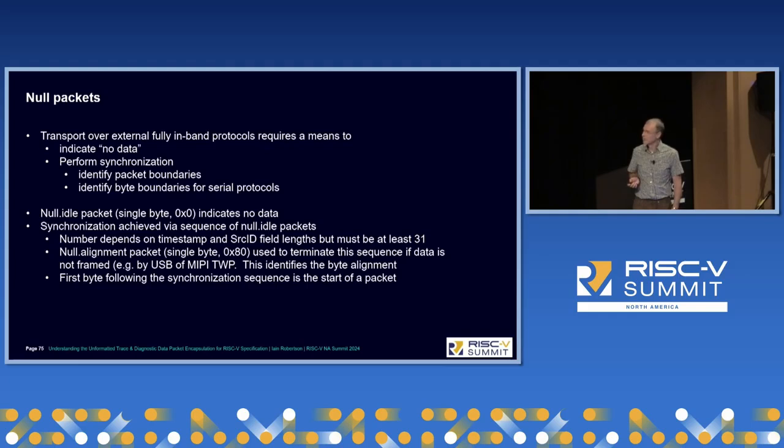And if it's a serial protocol where you don't know where the byte boundaries are, then there's also a null.alignment packet, which is another single byte. This time the MSB is a 1. And in this case, that's used to terminate the idle sequence. And that means the first bit after this 1 is the beginning of a packet. All right? So you don't need to send that at all if the data is going over a data stream